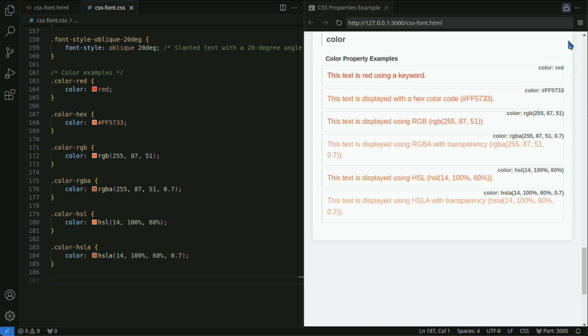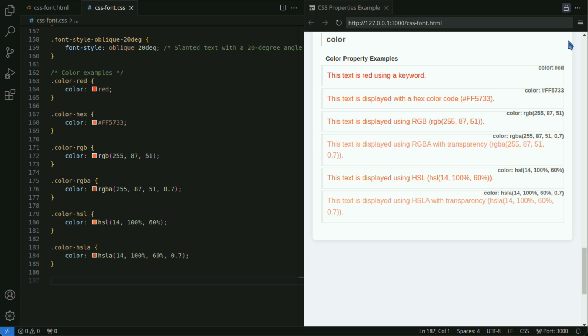The color-RGB class specifies colors using the RGB format. RGB specifies the red, green, and blue components within a range from 0 to 255. The color-RGBA class uses RGBA format to add transparency.